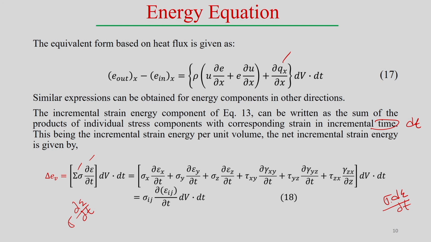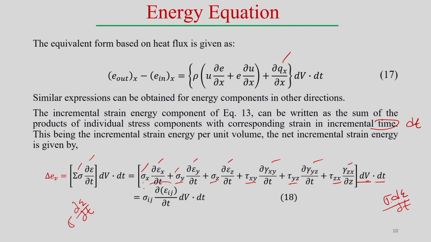But the stress state is not a single dimensional case; it can have different components, different shear stress and normal stress components. So, that can be expressed like that also: sigma x del epsilon x over del T, and sigma y similarly. Similarly, the normal stress components and the strain, and accordingly the shear stress components and the shear strain components. In all the cases we represent this in partial derivative form. That means independently, individually, we are considering all the stress and strain components such that this happens over dV and over the time dt.